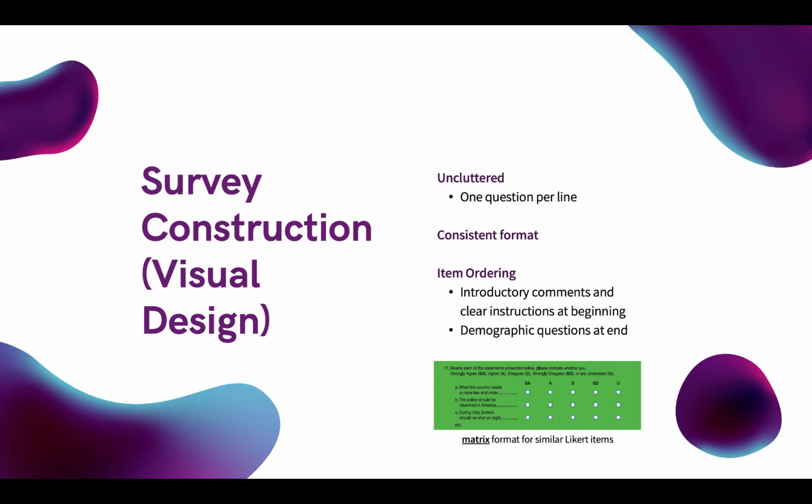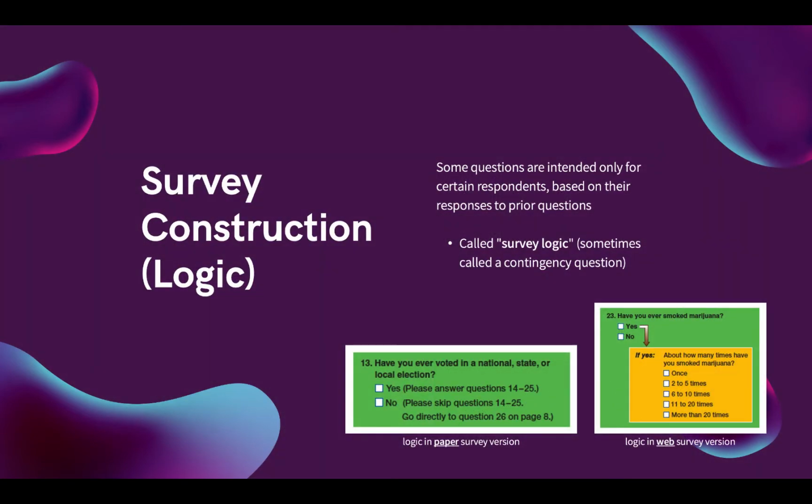What is your sex? What is your gender? What is your age? What is your income? What is your student status? Those kinds of questions. Those are easily answerable because they don't have to think about their attitudes or their beliefs or their perceptions. So survey logic is this notion that you have questions or items in your survey that you